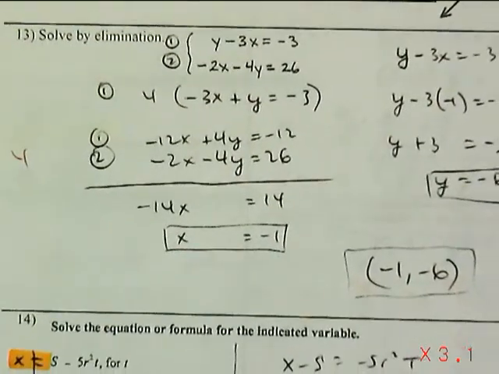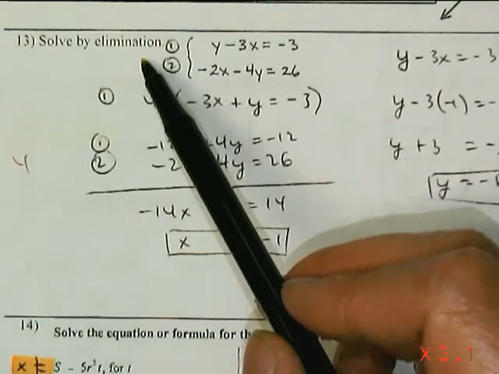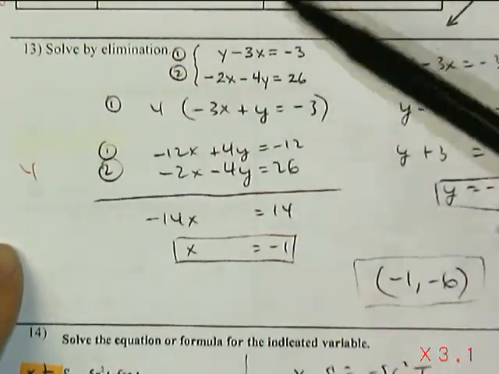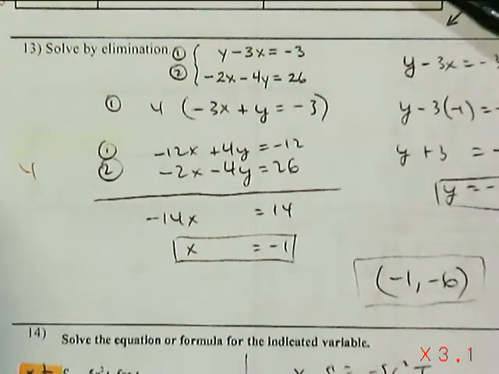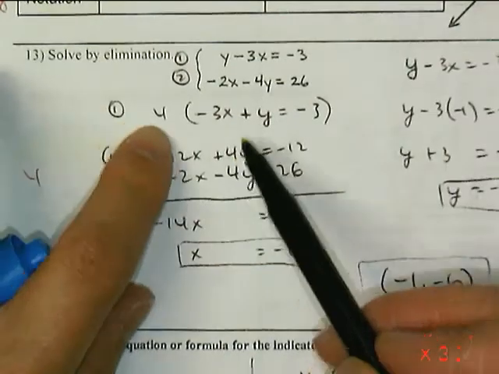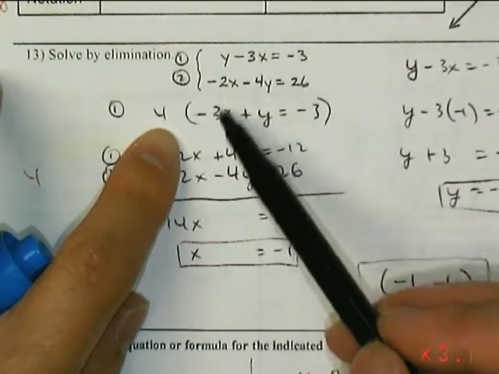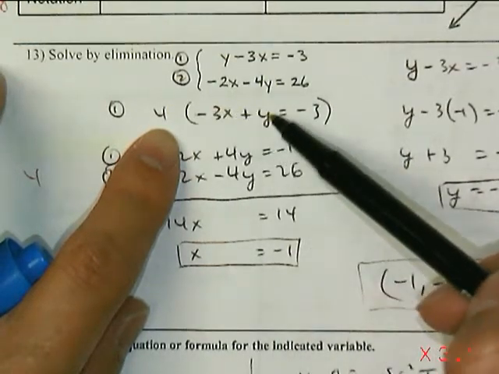Question number 13 says solve by elimination. So you must use elimination. So here are my two equations. Now I notice I can't add the y values to be 0. I can't add the x values to be 0 or to be eliminated. So I take the first equation, I write the x first and the y second. I still don't have anything. But I notice here that I can just multiply the equation by 4, and then I can